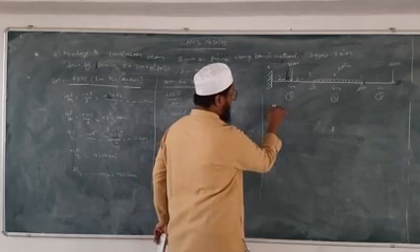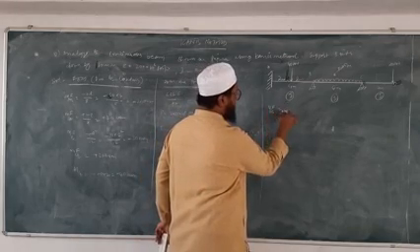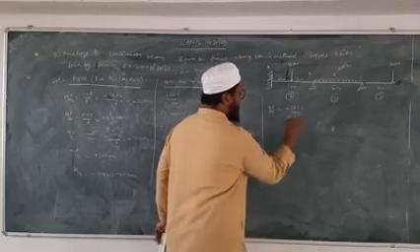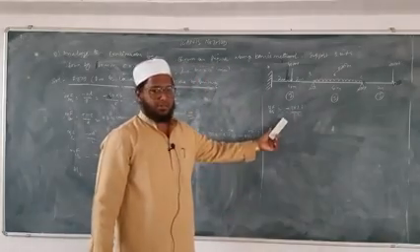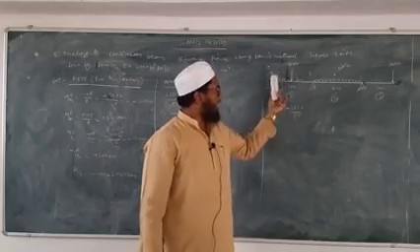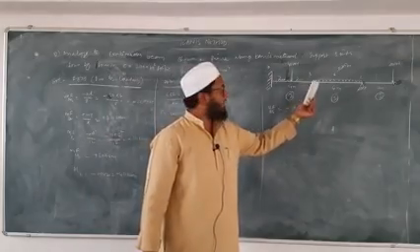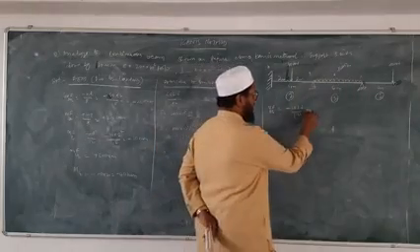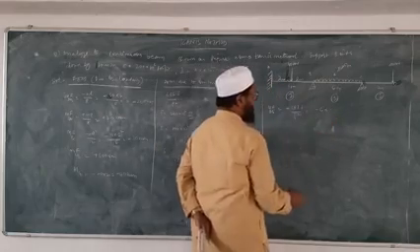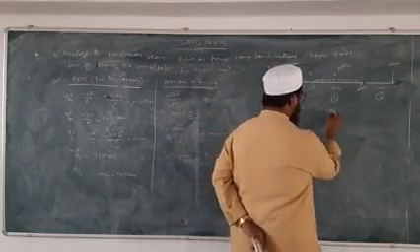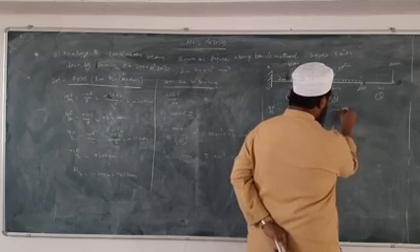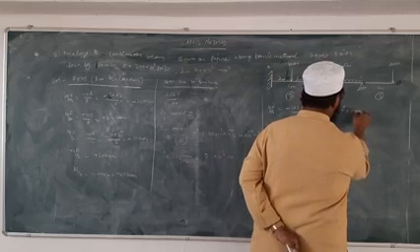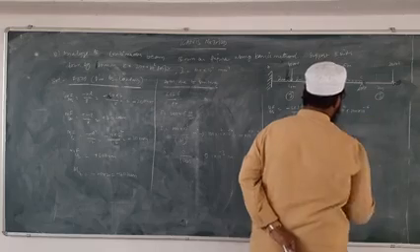So MFAB is equal to minus 6EI delta by L square. Why am I taking minus? Because at this support we will be having two anti-clockwise moments. Here we have clockwise moments. So minus 6 into E is how much? 200 into 10 power 6, into I is how much? 100 into 10 power minus 6.